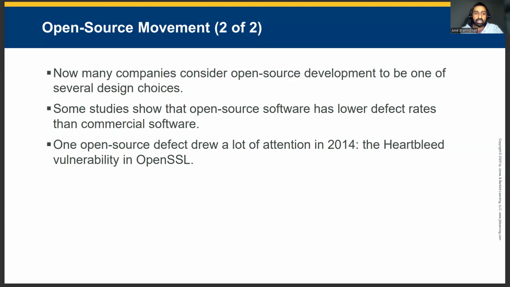The slide references the well-known Heartbleed flaw discovered in OpenSSL in 2014, a vulnerability that affected major websites and systems around the world. This example illustrates both the strengths and the risks of open source development. While many eyes can improve security and quality, critical components may still suffer from underfunding or limited oversight. Open source remains a key pillar of modern computing, balancing openness with the challenges of maintaining high-quality community-driven code.